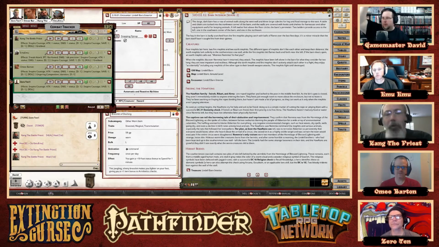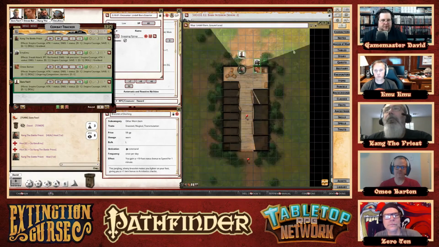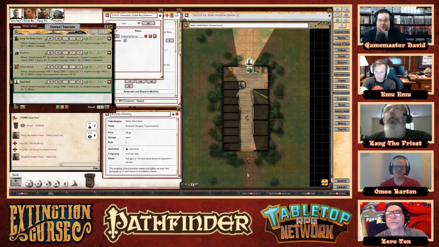So you can see all the way up to the roof of the barn. And then of course, there are also two ladders that will provide you access as well. One is right next to Omi. Okay. So what say you, adventurers, as the door opens and you start to head inside, all of you can